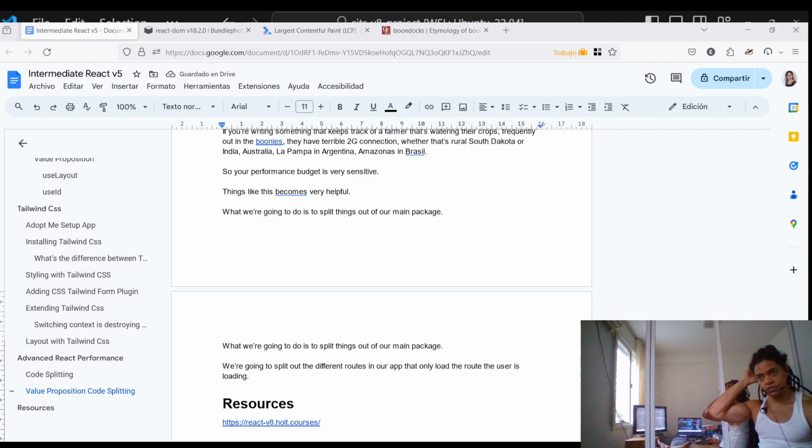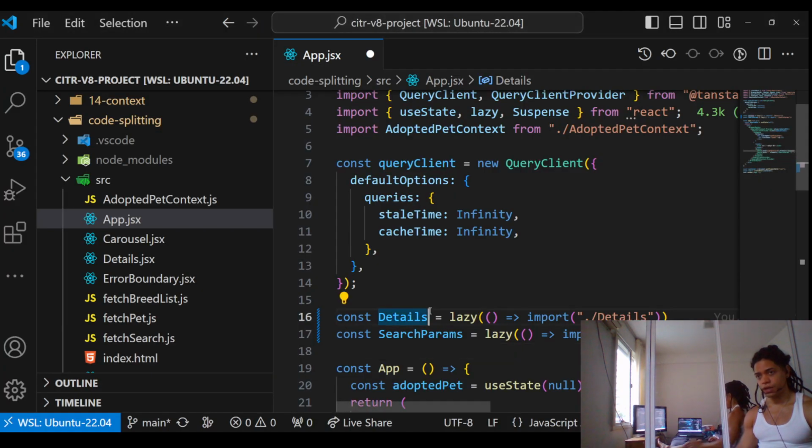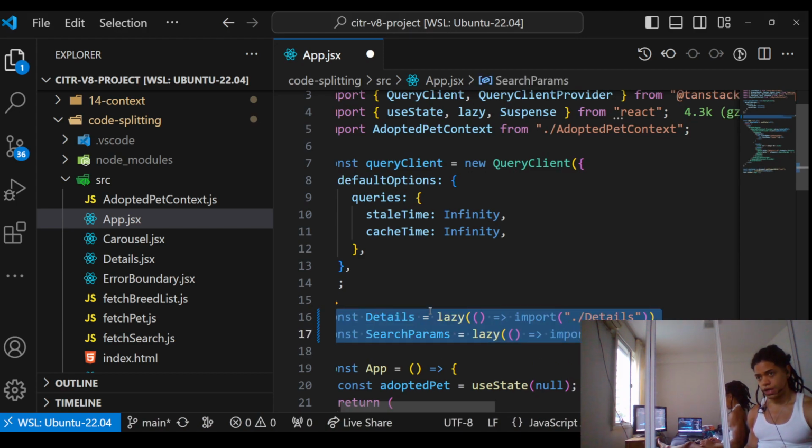So this is us telling it, right now you're not able to see what I'm doing, but these two lines are saying, okay, now we're going to actually